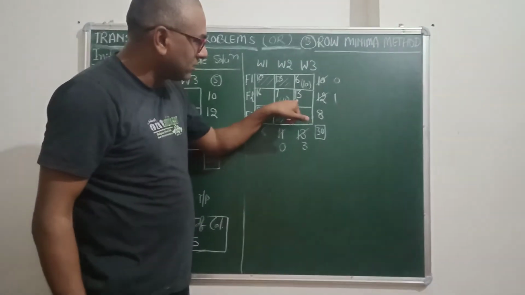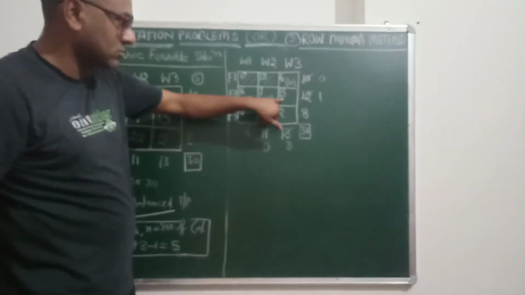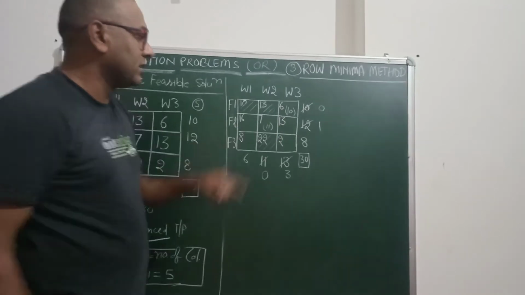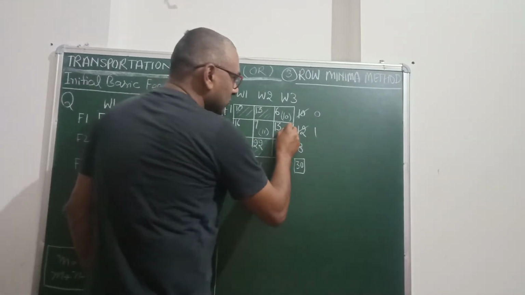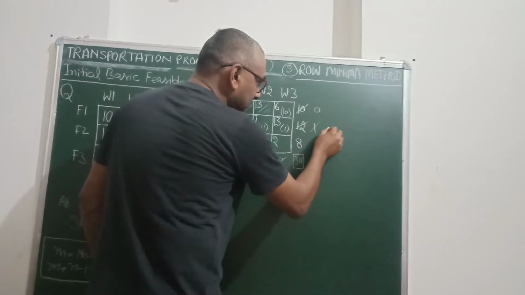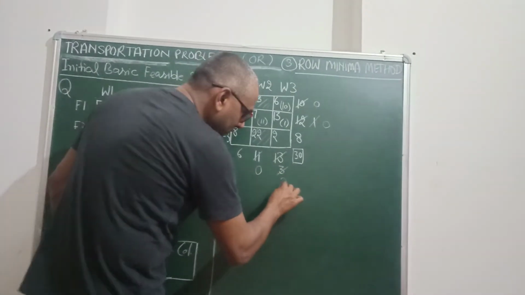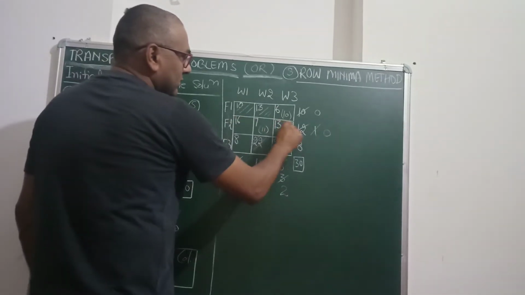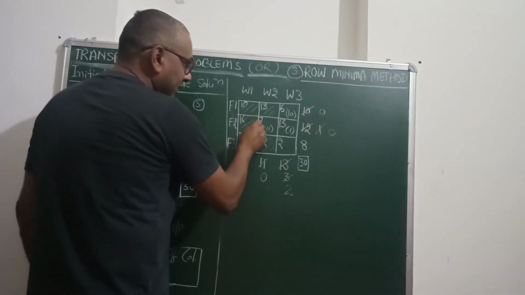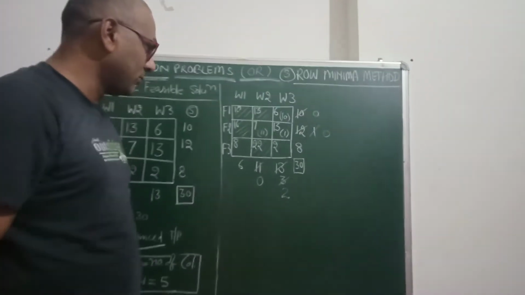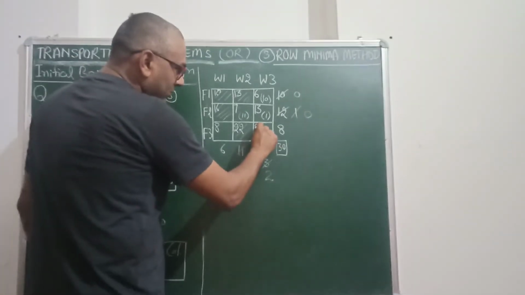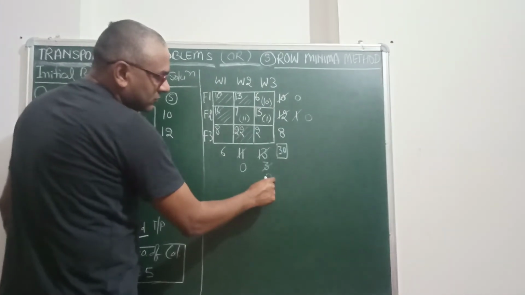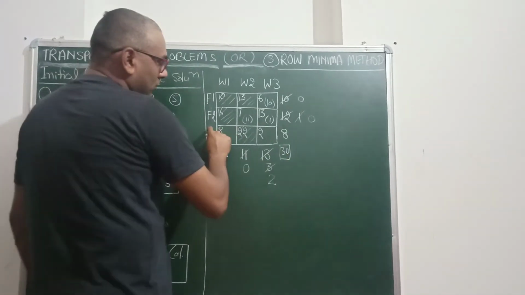Now you will see that after making allocation to this, two cells are again remaining, and again what do we have to select? We have to select the cell which has the minimum unit cost. So 13 is the minimum unit cost, so we will allocate a single unit here as only a single supply is available. So 1 has been supplied here and this has become 0 and this will remain 2. Okay, as no further supply can be made to this row, this unit is again cancelled. Now moving towards the third row, you will see that the minimum unit cost is 2, the demand remaining for this warehouse is 2, and the supply available from factory 3 is 8.